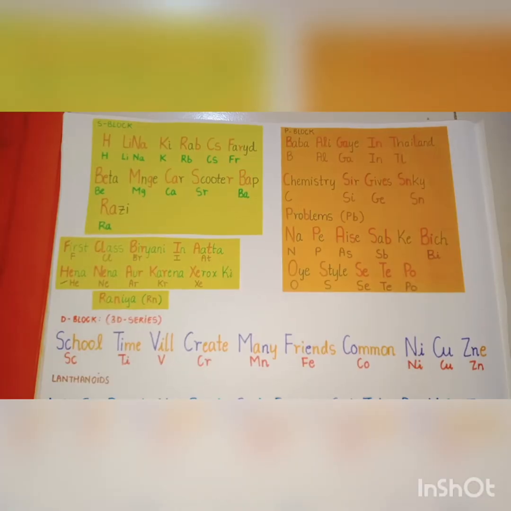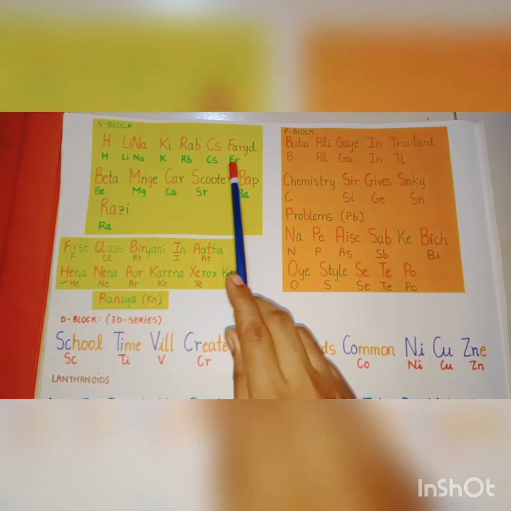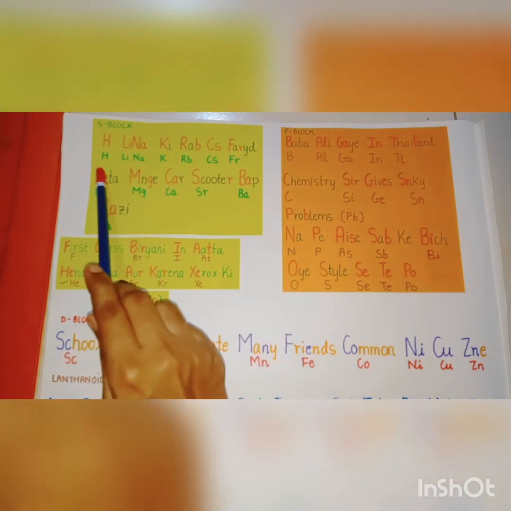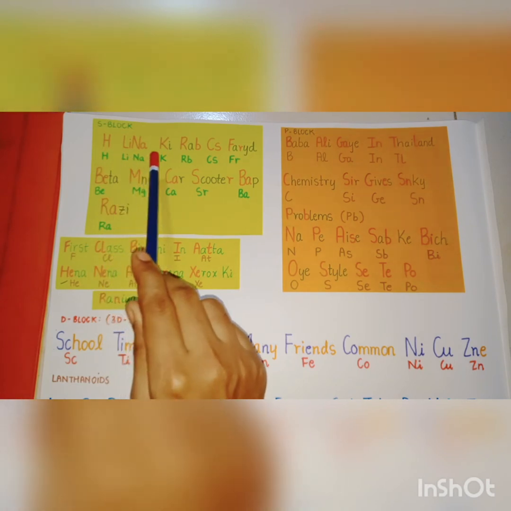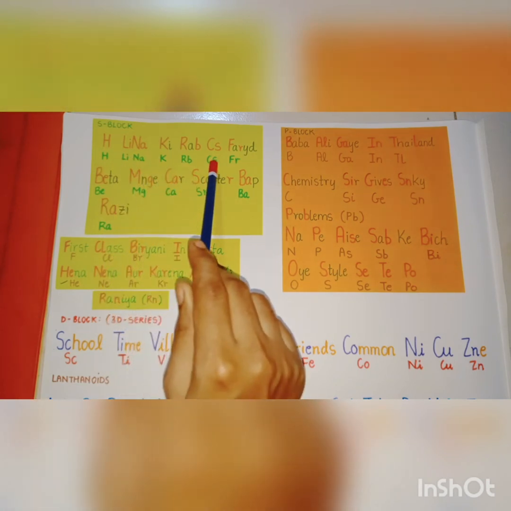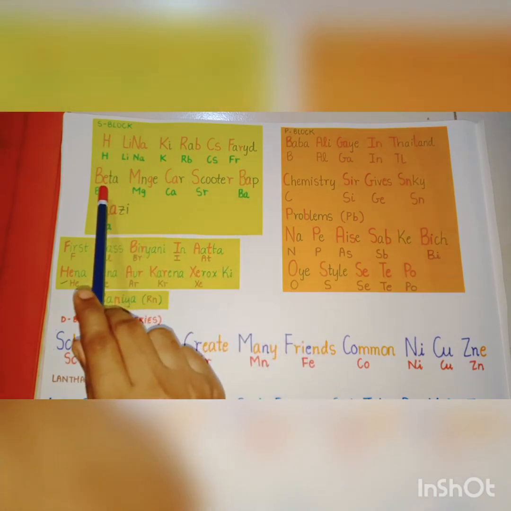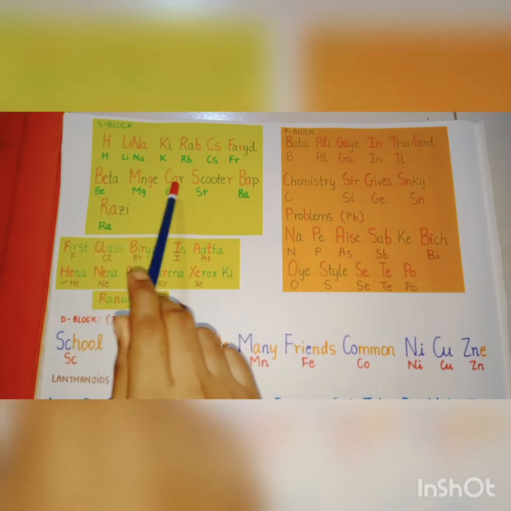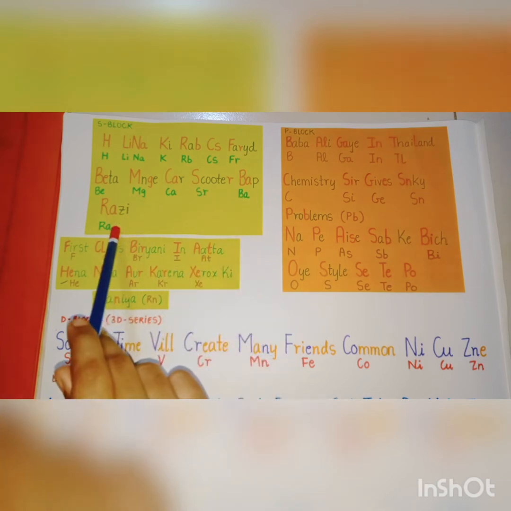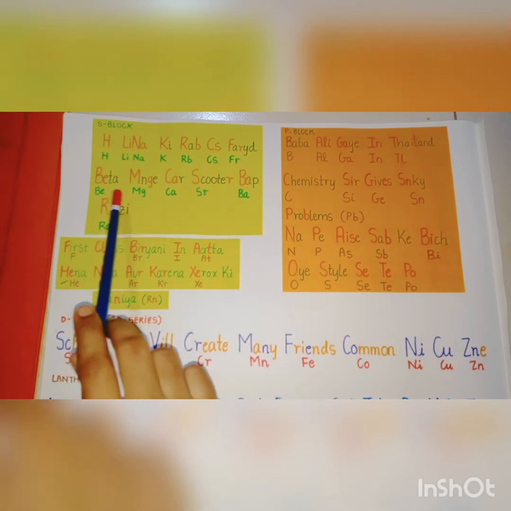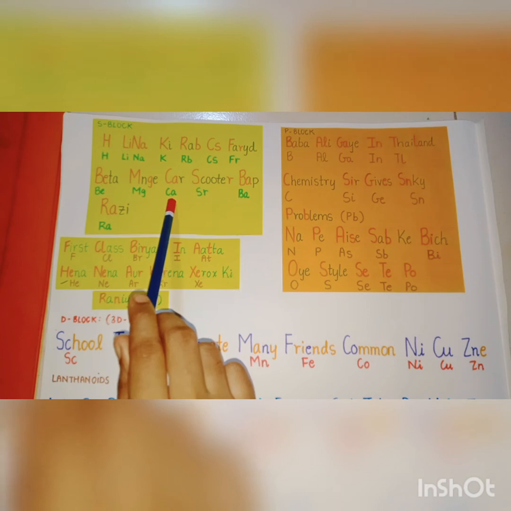Before ending the video, let us recall all the tricks again. So the trick for S block was Halina ki rab se faryad, which means hydrogen, lithium, sodium, potassium, rubidium, cesium, francium. For group number 2 of S block was Beta mange car scooter baap razi, which means beryllium, magnesium, calcium,